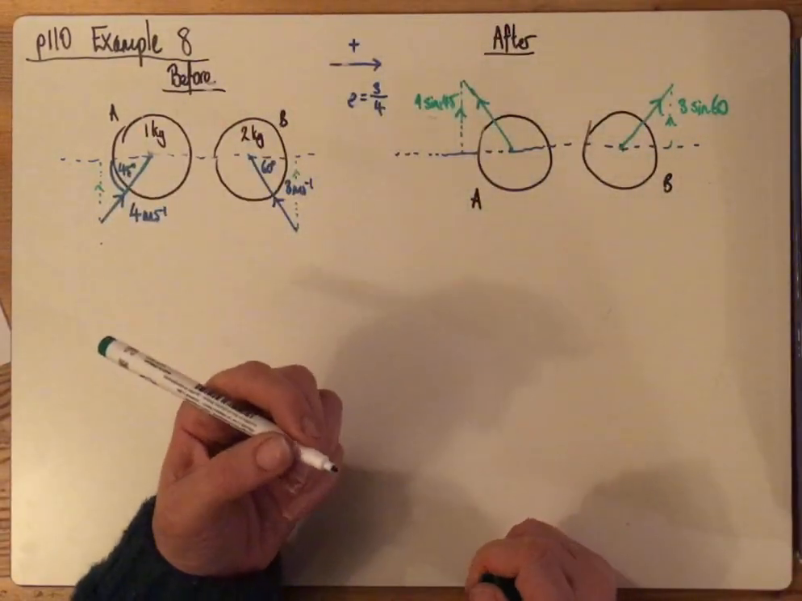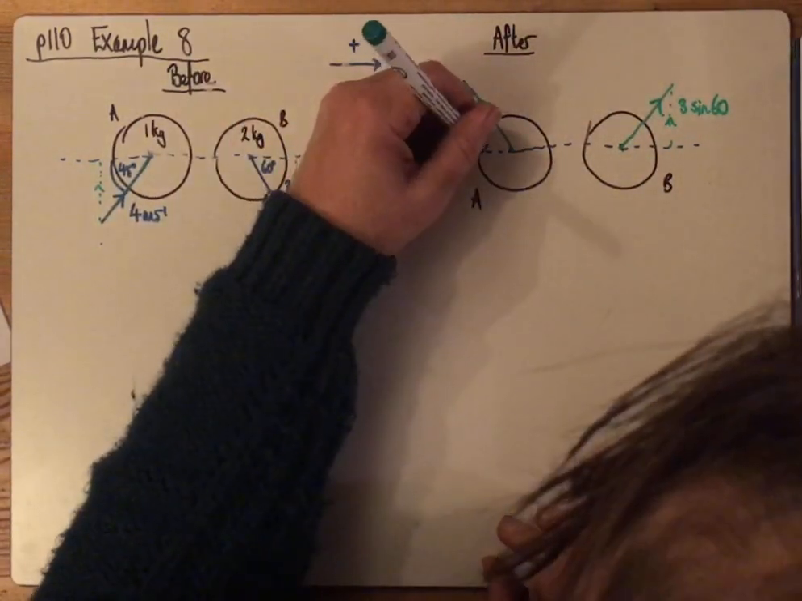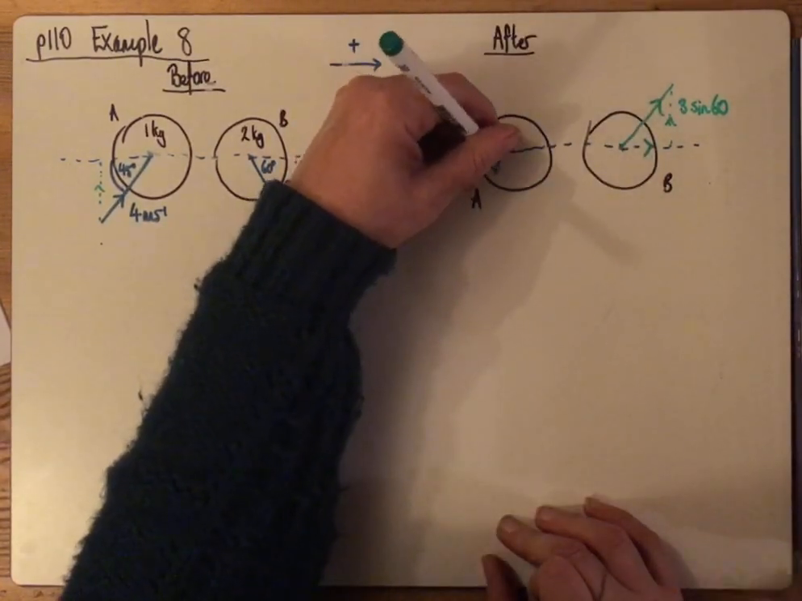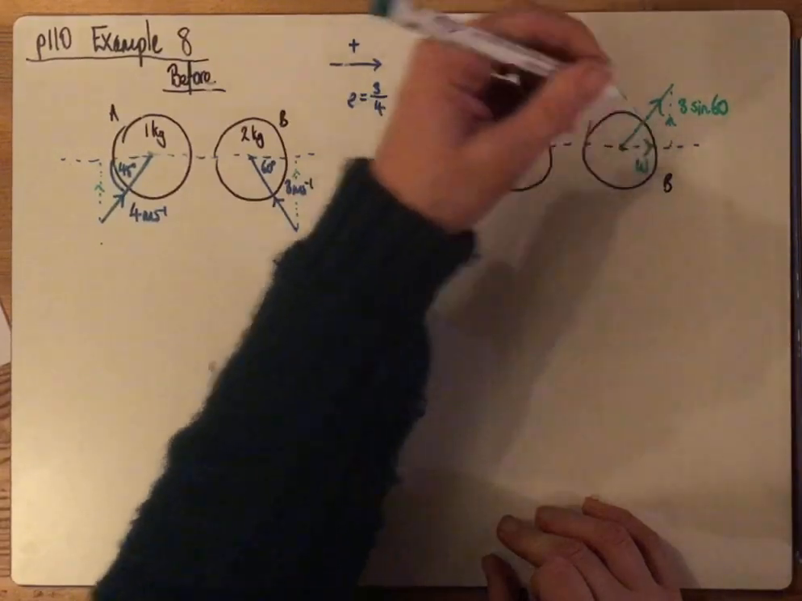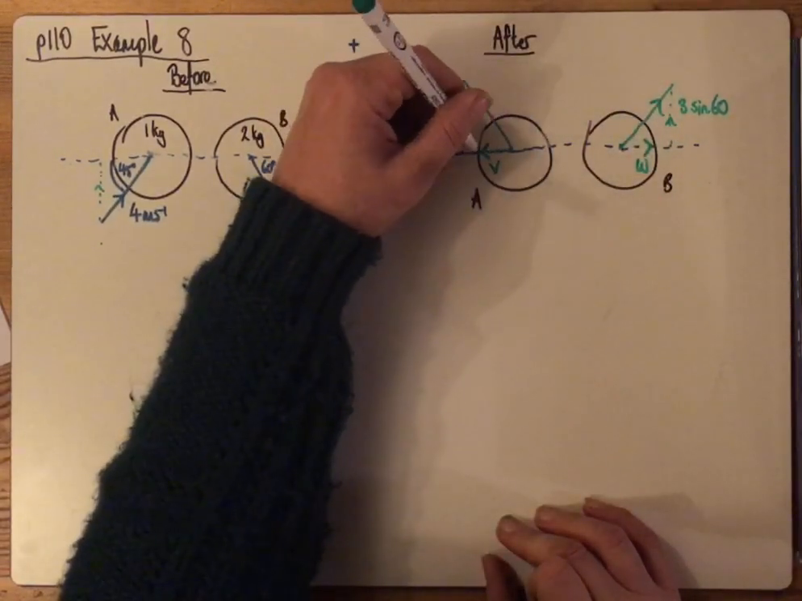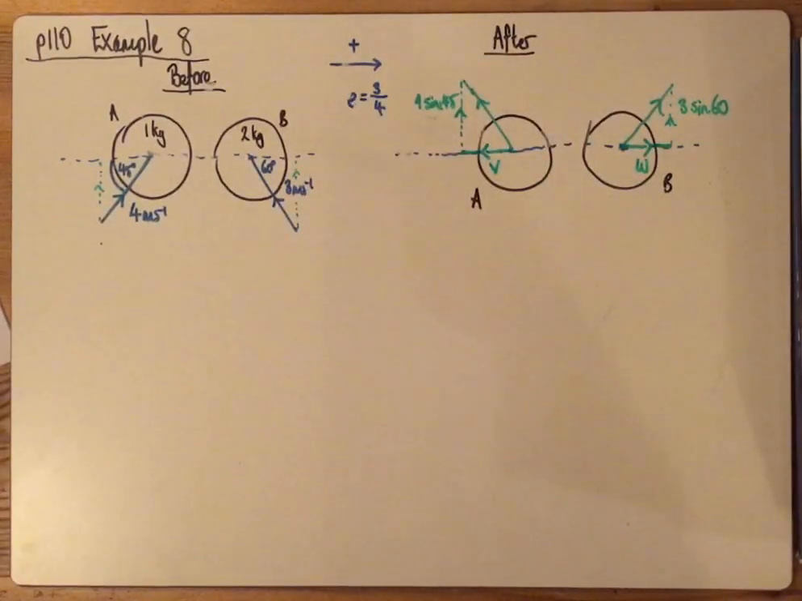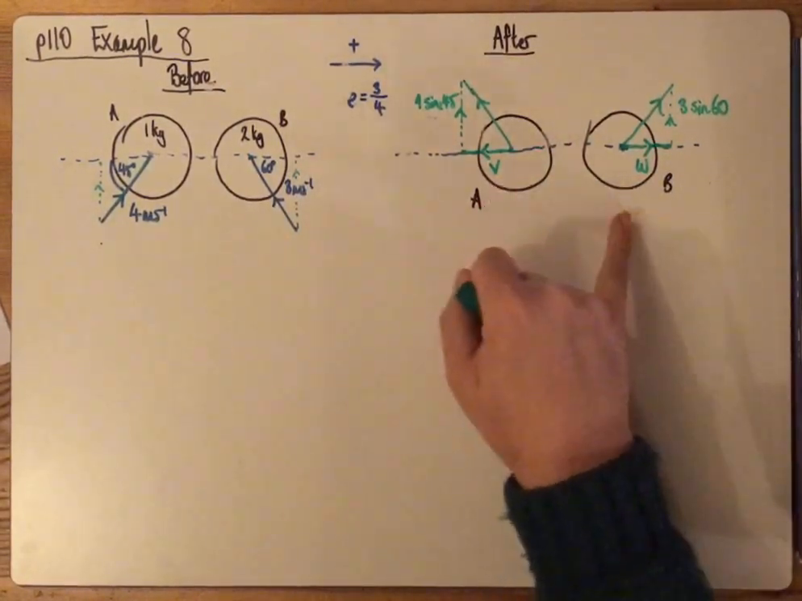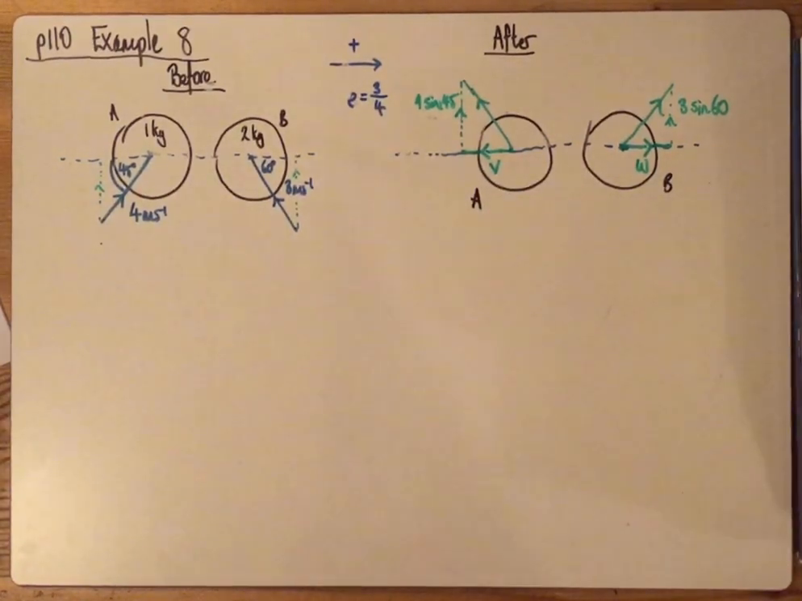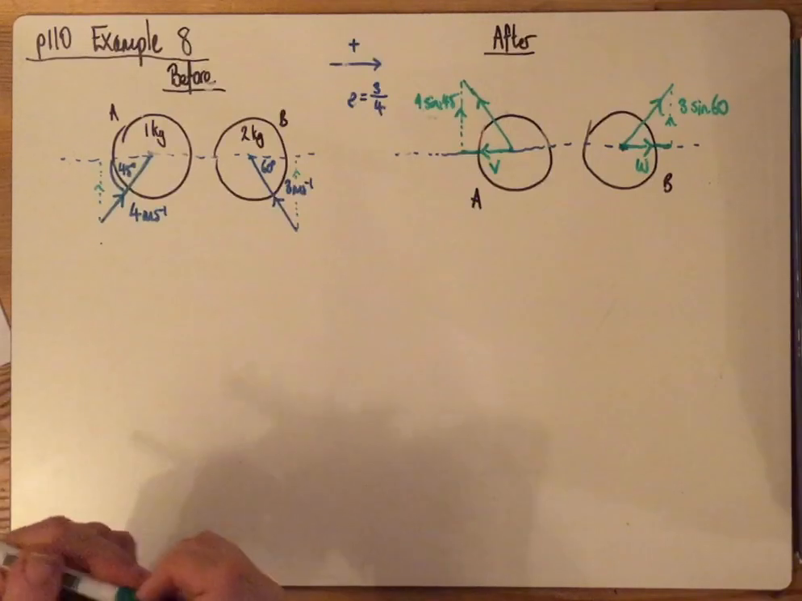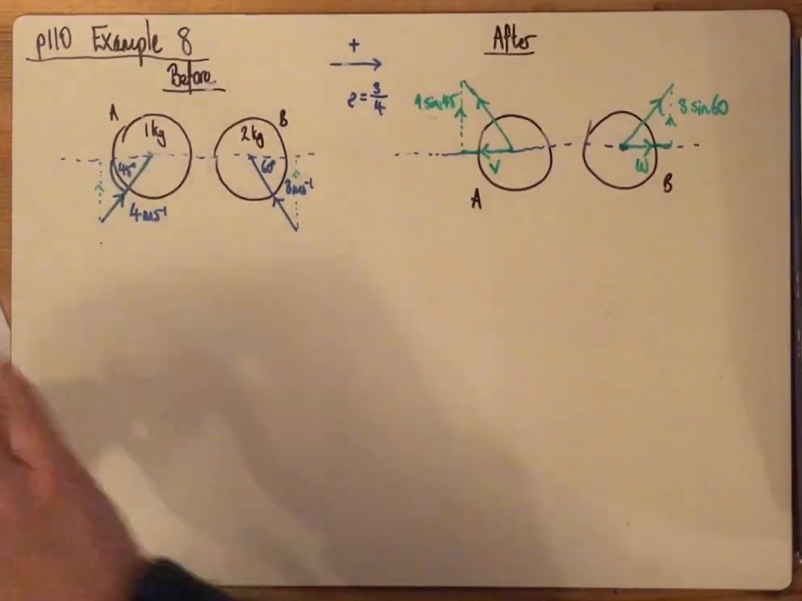And then the bits that we don't know are here and here. So we can call those V and W. So it's the stuff parallel to the line of centres that we've really got to think about working out. So we're writing in positives here. If one of these comes out negative at the end, then you know that actually your diagram was wrong. And I'm taking this direction as a positive direction. So that parallel to the line of centres,